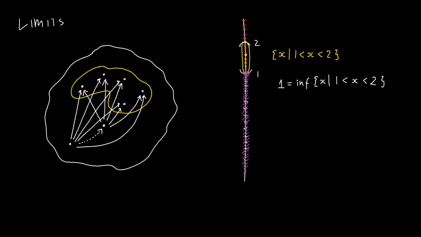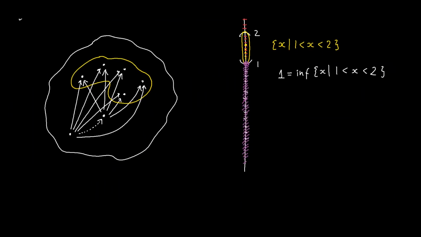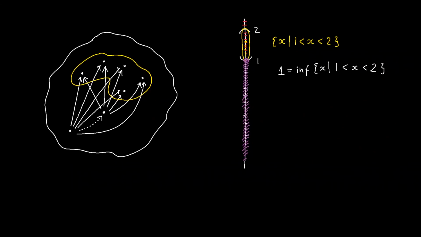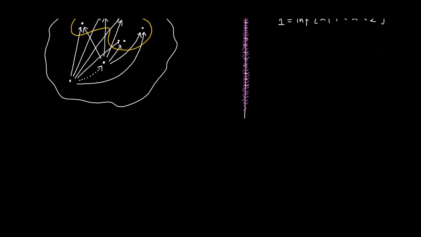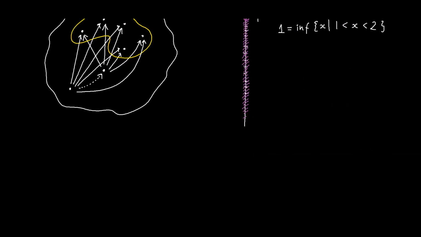So let's now state the definition in a general preorder. I already have a picture that defines what a limit is in a preorder, but let's write it out more formally. So given a set S of objects in a preorder,